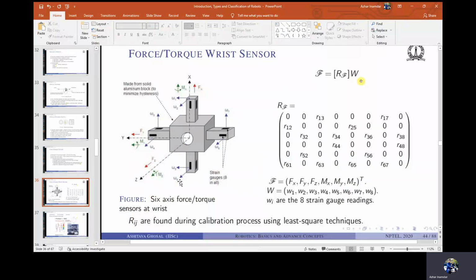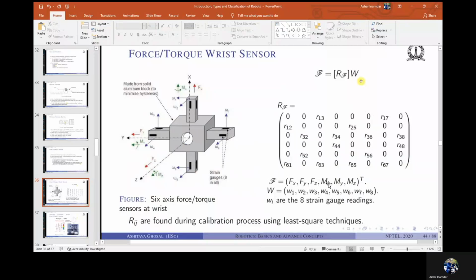So we can fill up this matrix with some variables, and then these quantities can be obtained using calibration. You apply a known force Fx and see what the values are, and so on. Once you have calibrated, then this R matrix is known. Then if you measure some strain gauge readings, you can multiply the strain gauge readings with that R matrix and obtain Fx, Fy, Fz, Mx, My, Mz,